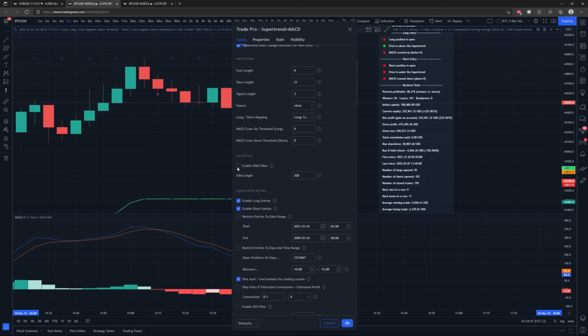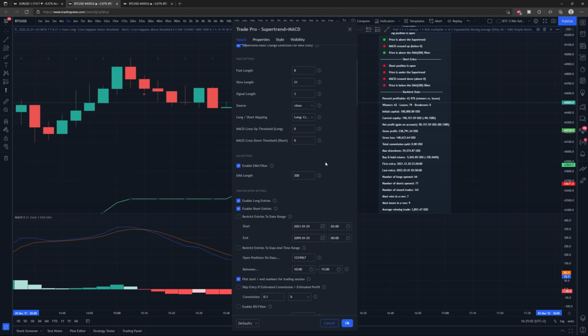Another thing here that I briefly talked about earlier was the exponential moving average filter. So if you turn that on, you can have an additional trend filter. So let's say the 200 EMA, where you can only take a short if price is under the 200 EMA and all the other criteria is met. And you can only take a long if price is over the 200 EMA and all the other criteria for the strategy is met. Of course, you can choose whichever exponential moving average you would like for this part of